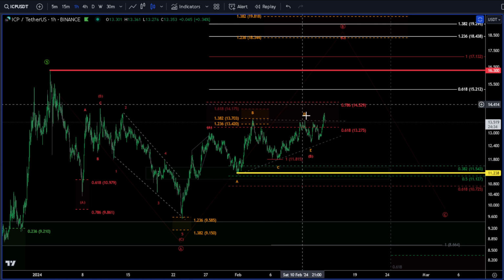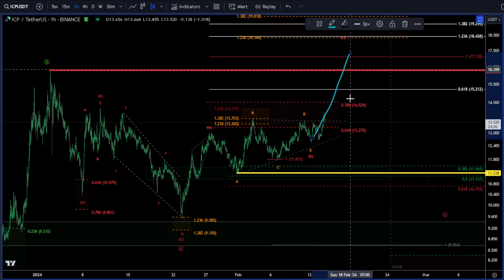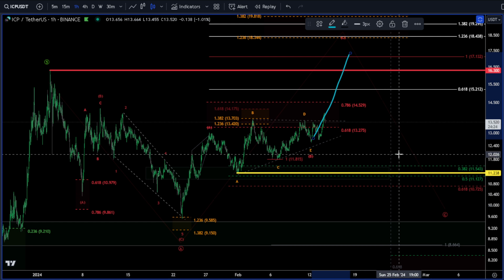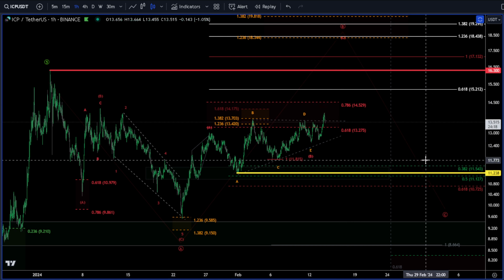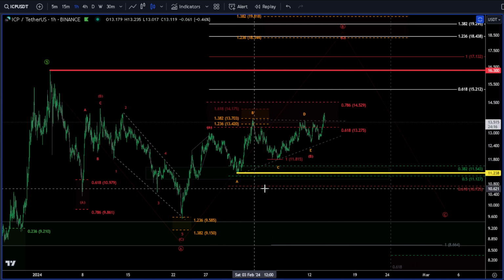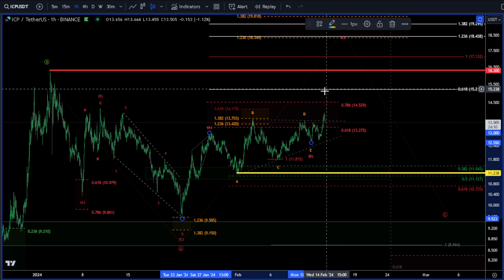So I was looking for this as a triangle, but the negatives to that, based on the moves that happened the last couple of days, is we expect thrust to the upside if that is actually a triangle. So it hasn't thrusted as expected. So we have to discuss what else could be happening here. Now this has been a pretty confusing correction